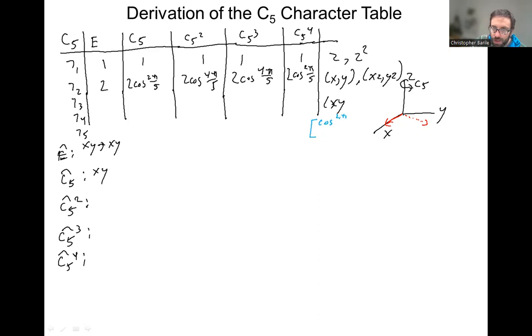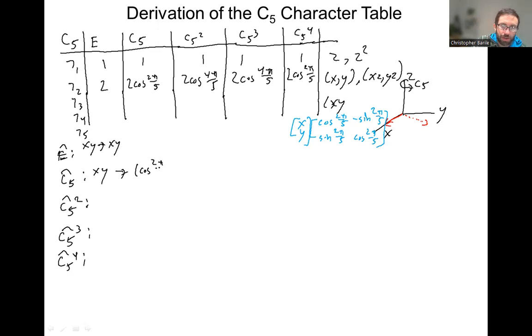Cosine 2 pi over 5, minus sine 2 pi over 5, sine 2 pi over 5, and cosine 2 pi over 5. Okay. So what this tells us is that x goes to, so this was, by the way, x times y. If we evaluate this multiplication out, it's telling us xy goes to